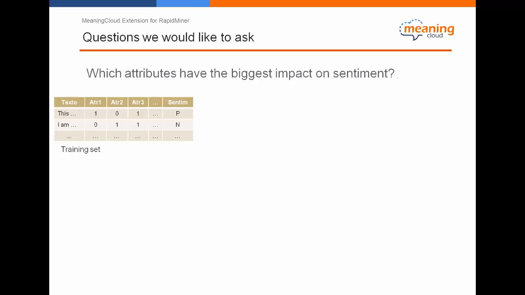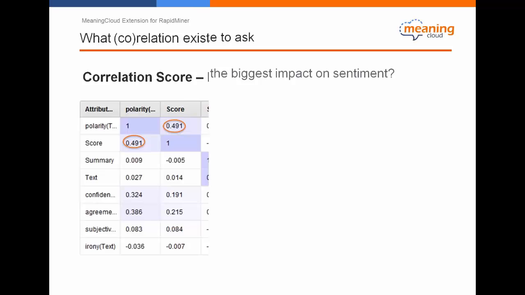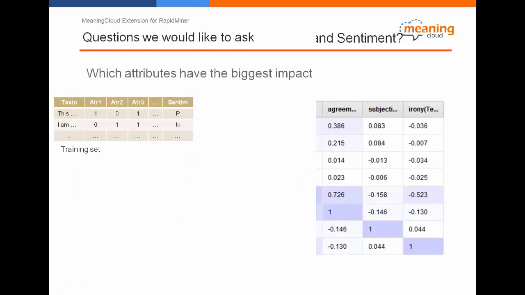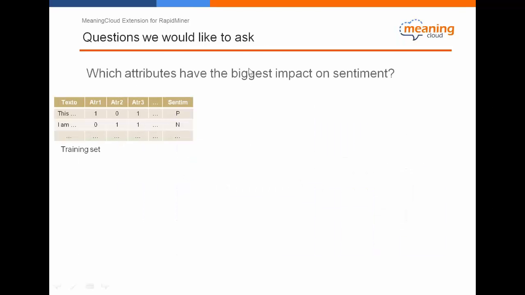And the way to answer this question is building a prediction model for the sentiment. And to do so using RapidMiner, what I'm going to do is use some training set that includes my attributes like the concepts, the usefulness, etc., and the sentiment.